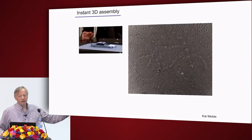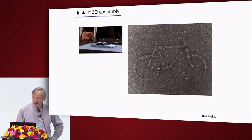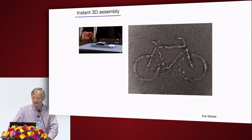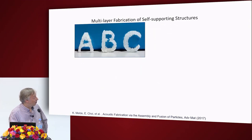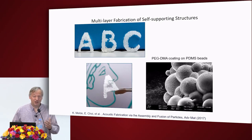This is our answer to the DARPA project, right? You don't want to be making cars anymore. Let's make bicycles, and let's do it in one shot. Of course, this is not a bicycle that will ride, but you can take it and manipulate matter. We can also then put some crosslinker and shine ultrasound, and then we can take this sample out of solution, or we can even do it multiple times, and then we can make these letters here by ultrasound assembly. But letters and bicycles is probably not an industrial need for it, and the potential really lies with biology,